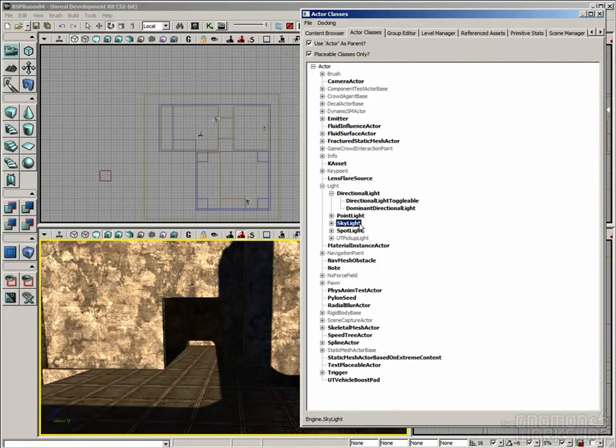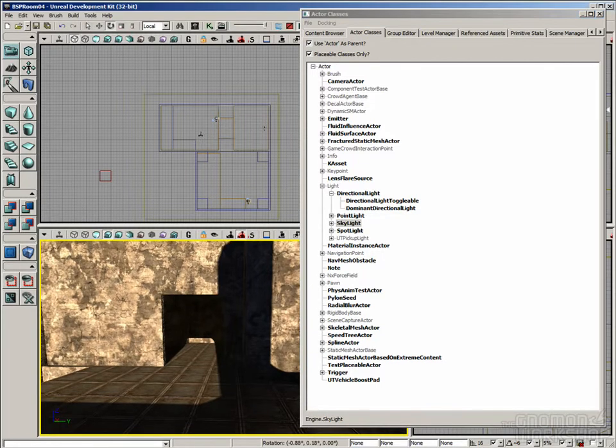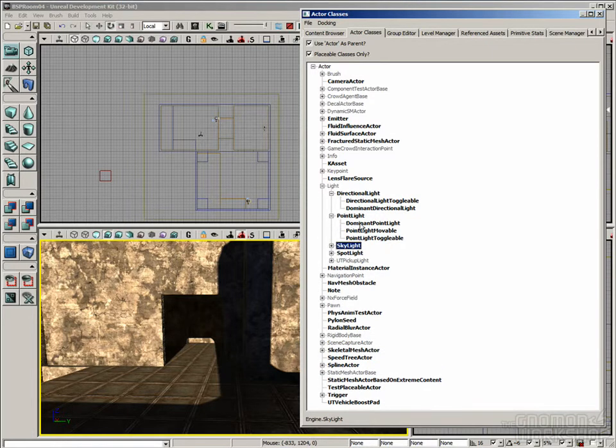It can be a little bit useful in early phases when you're just prototyping your level. And it can be good if you've got some really dark areas that don't have any light getting to them. It can be a good way to fill those in, but it does tend to wash everything out, so I personally avoid it. You've probably also noticed if you hit the little plus icon, there's different subclasses of these lights,